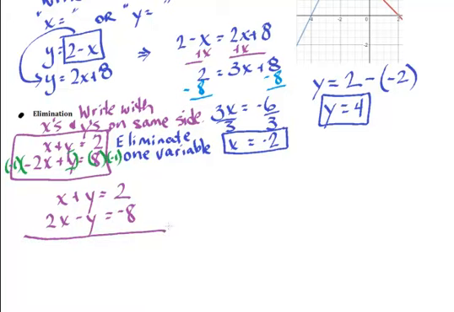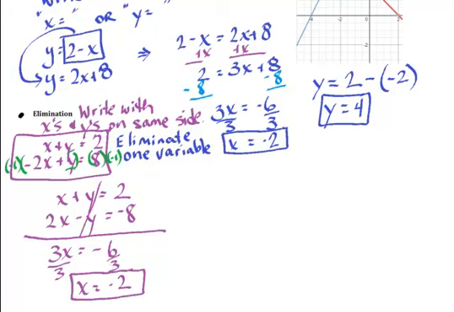And then I'm just going to add these two equations. Watch that the y gets eliminated, and 3x equals -6. Dividing both sides by 3, I get that x equals -2. Of course, we already knew that, but what I'm demonstrating is that you can get the same answers no matter